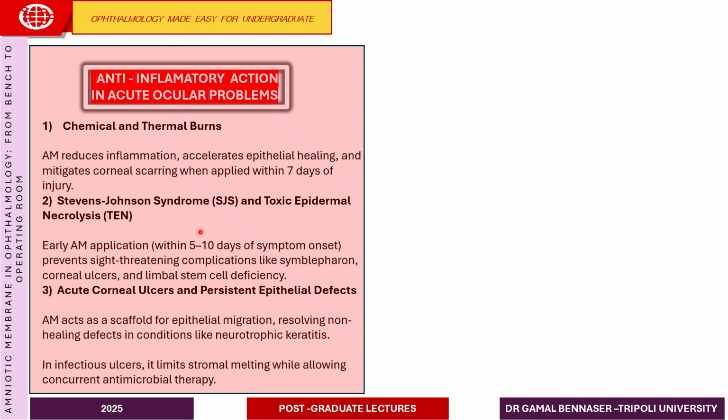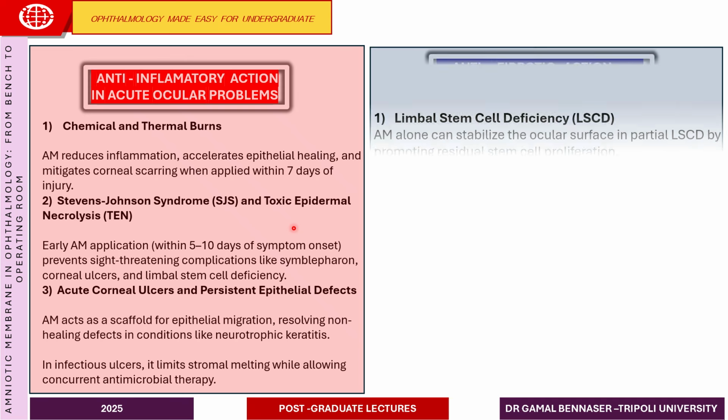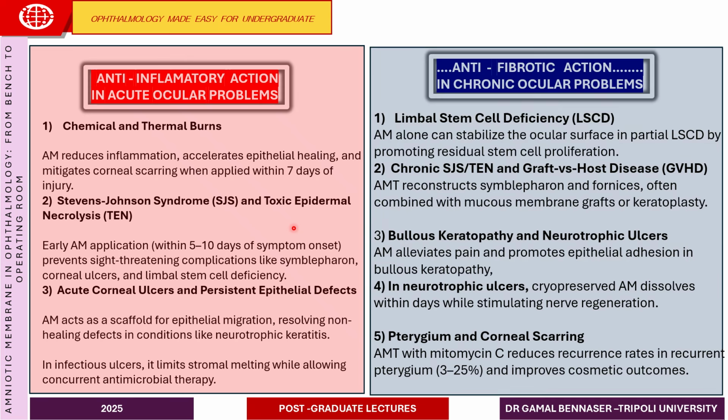Also in Stevens-Johnson syndrome, because of the release of certain mediators, it is very useful to eliminate excessive inflammation and help in the healing and prevention of fibrosis. At the same time, it is useful in chronic diseases in which the fibrotic pathways and the conversion of the myofibroblast are very active. So it helps in prevention of the fibrosis, like in chronic ocular problems, and it is also useful in limbal stem cell deficiency, so that it prepares the environment for the proliferation of the limbal stem cells,